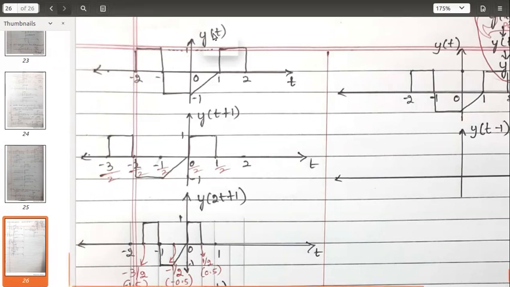Even if I do that here now, it is a bit clumsy because from the mouse it is very difficult to trace the straight lines. So I will draw it and explain 2t minus 1 in the next class.